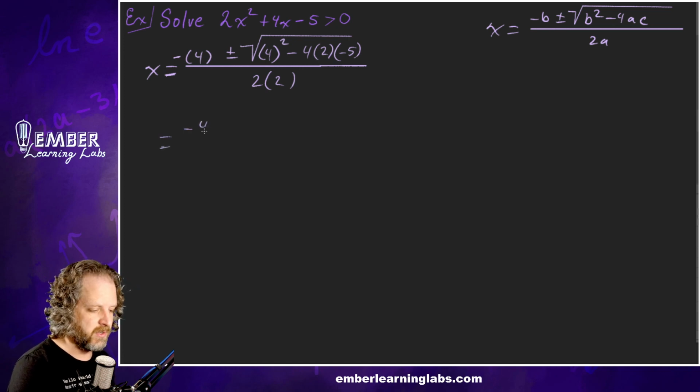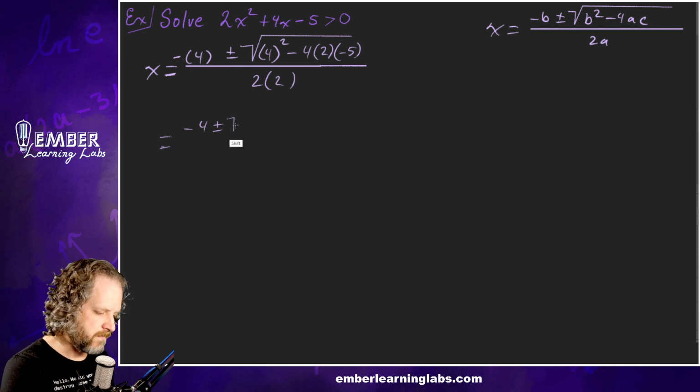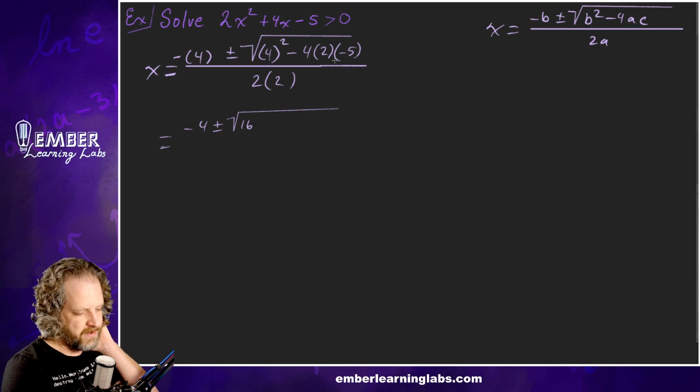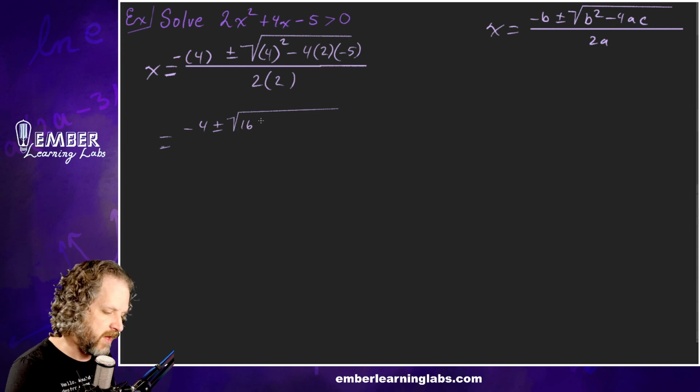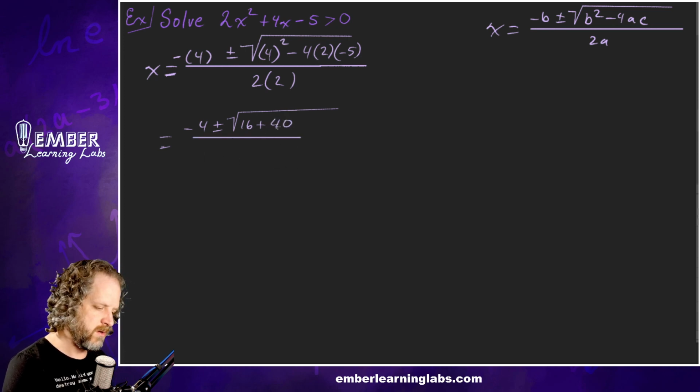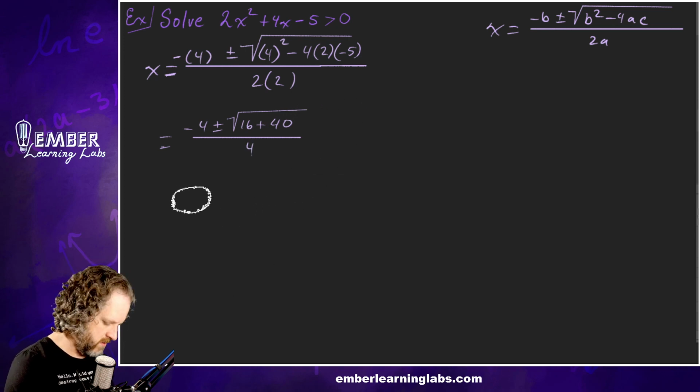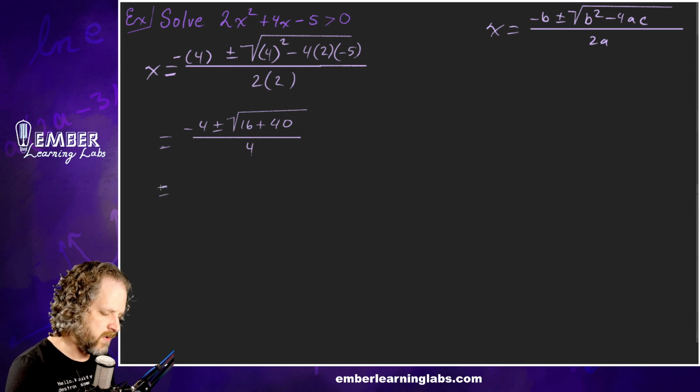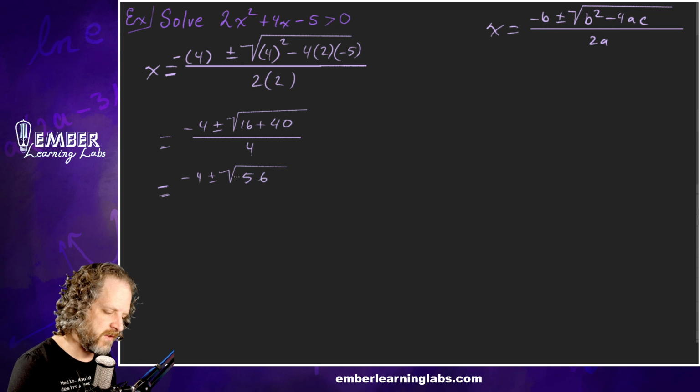So let's simplify him on down. -4 is -4. What? It is. And 4 squared is 16. Minus, let's see, 4 times 2 times -5. It's going to be positive because there's two negatives. So plus 8 times 5, which is 40. 2 times 2 is 4. It's great, glorious, grand, all the things. Equals -4 plus or minus the square root of 56